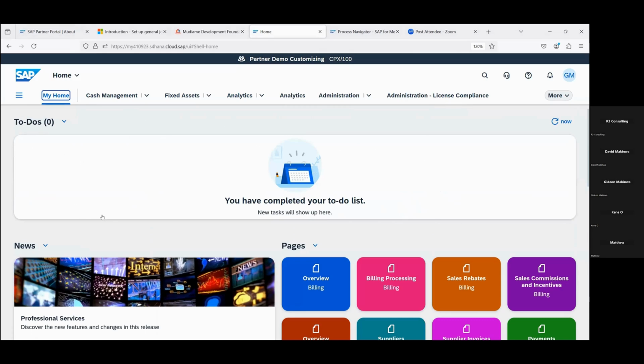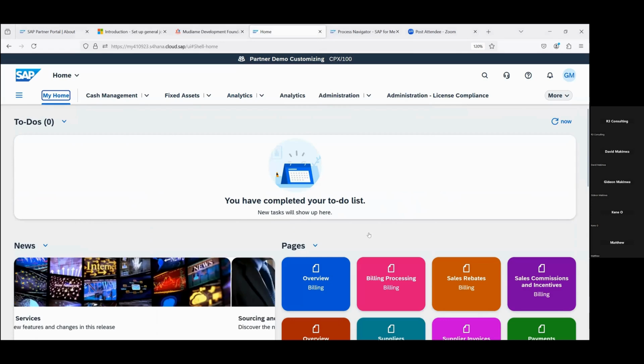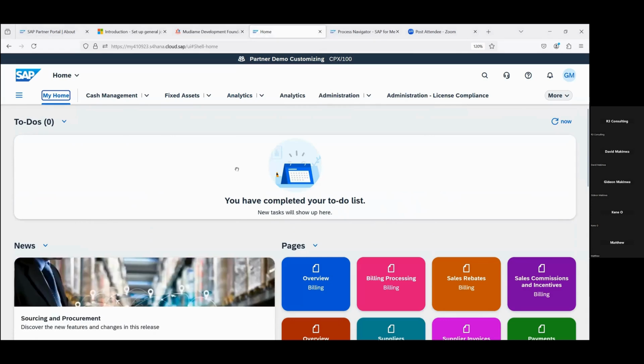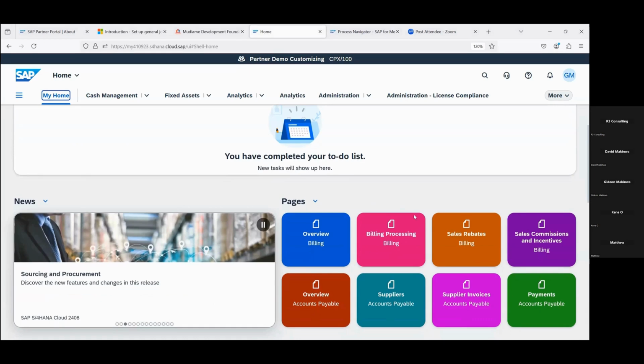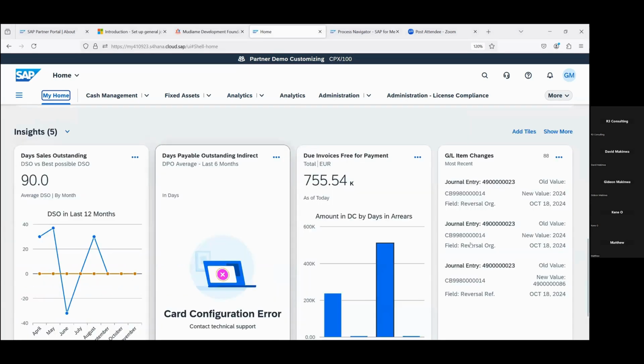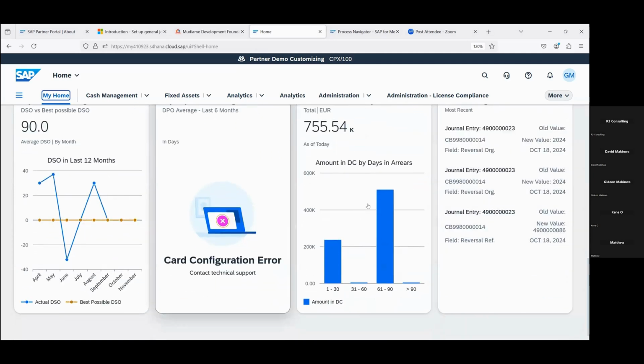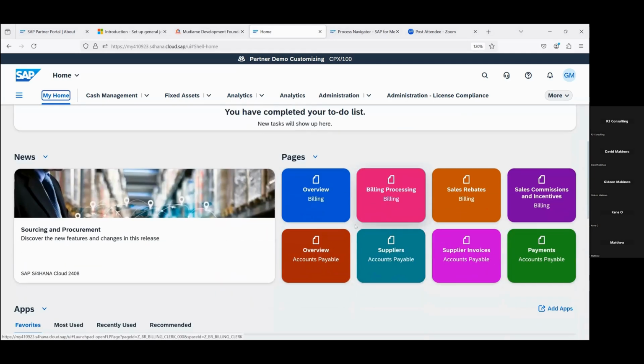You can have your to-do list, you have the news, you have pages, regular pages. Here you can have some insights depending on what your role is. So you can see built-in analytics in the solution, right?